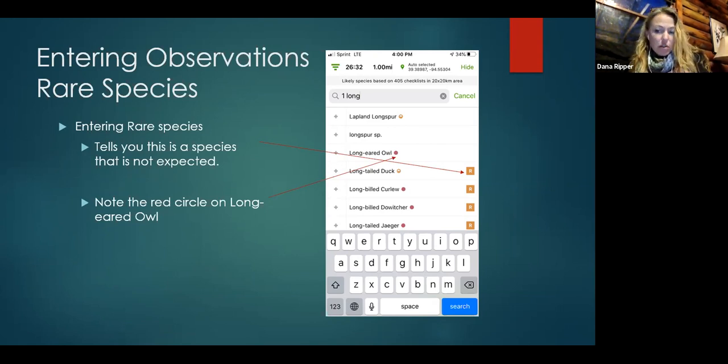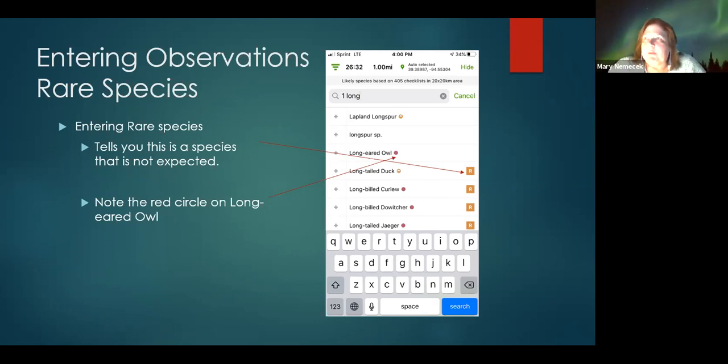Okay. Another question just came in regarding hotspots. What would prompt you to designate a point as a hotspot? What are the criteria? I think that's a great question. And we want people to designate things as hotspots if it fits. So I would not designate something on private property that people don't want the public trekking on as a hotspot. A hotspot is typically a public area that is frequently birded.